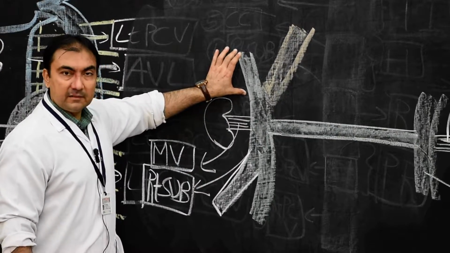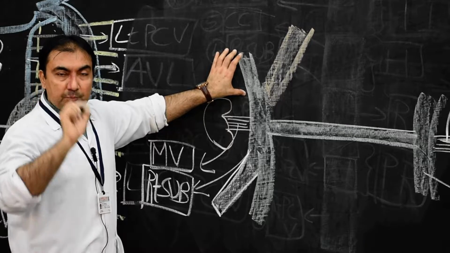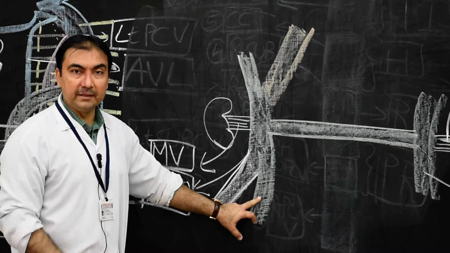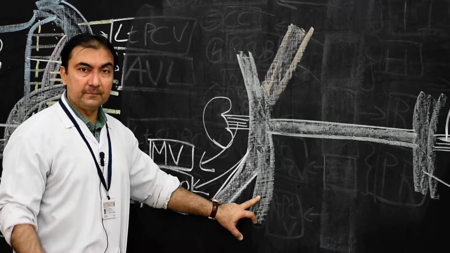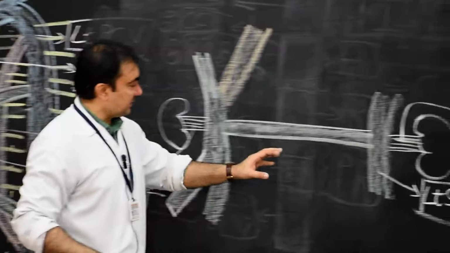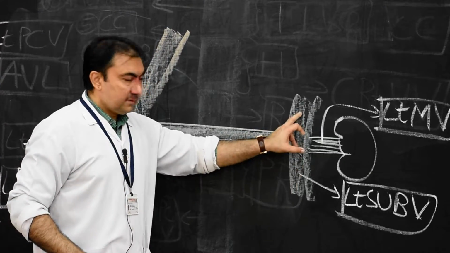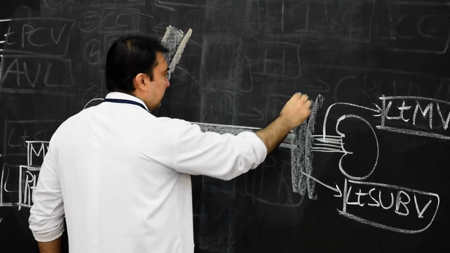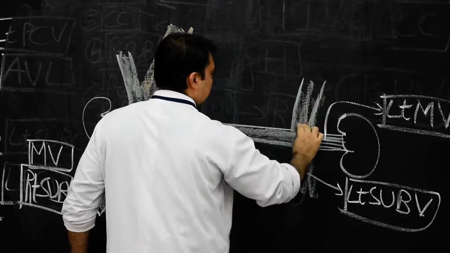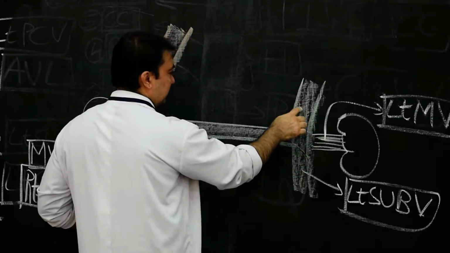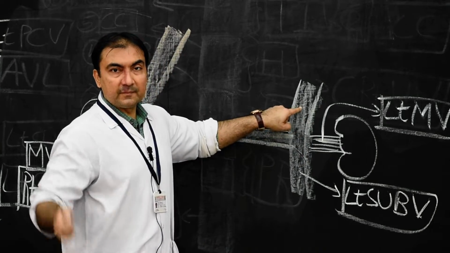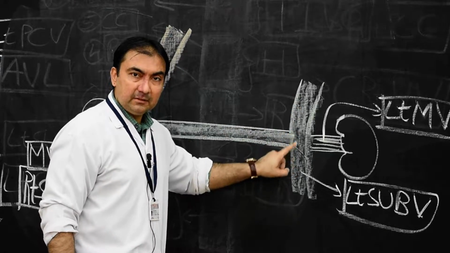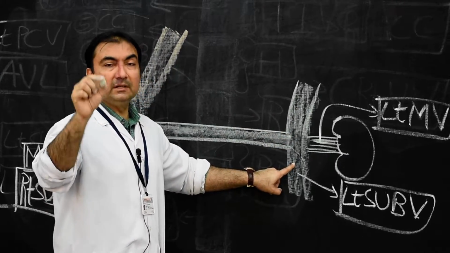This portion will be converted into the right suprarenal vein, and this portion will be converted into the right gonadal vein, that is the right testicular or ovarian vein. Same way, now come on this side. What is this? Subcardinal veins, the left subcardinal vein. Now the left subcardinal vein, superiorly, that is cephalic to this anastomosis, will be converted into the left suprarenal vein, and the left subcardinal vein which is lying below this anastomosis will be converted into the left gonadal vein.